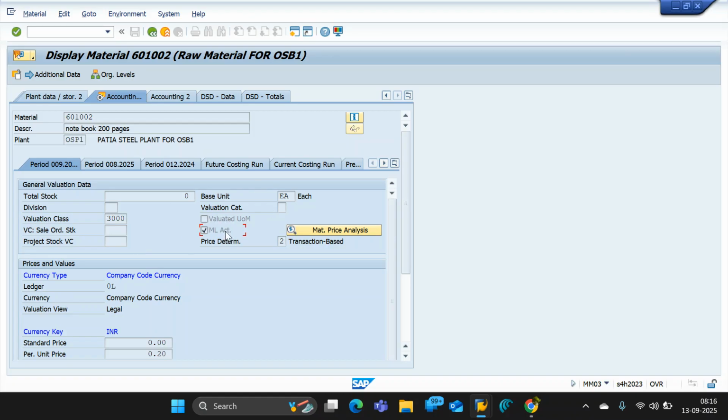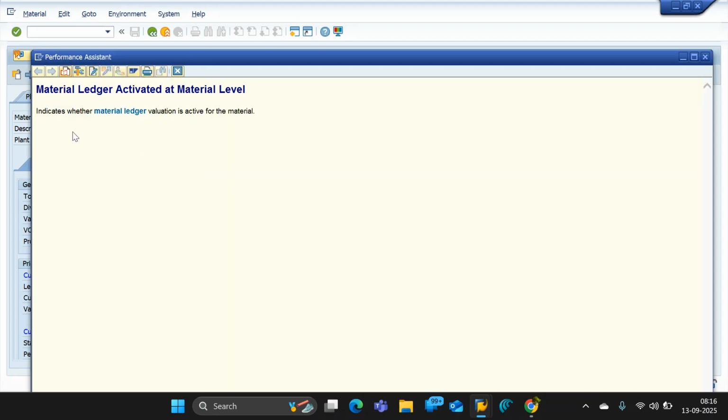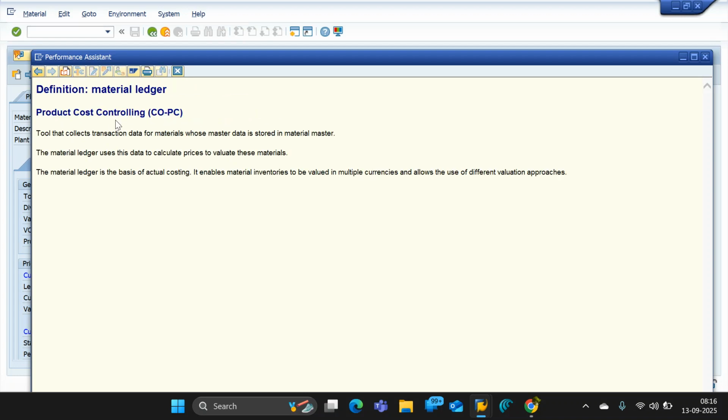in S4 HANA, this is included in material master during creation of material master. So at the same time, during configuration, you have to create this material ledger activation. Okay, so select this field and go for help. This material ledger